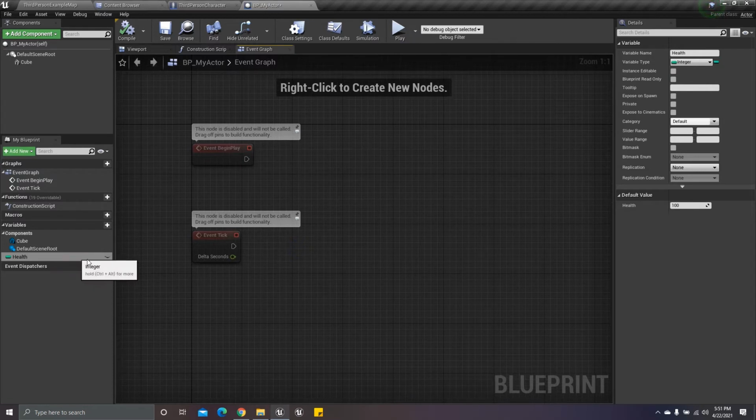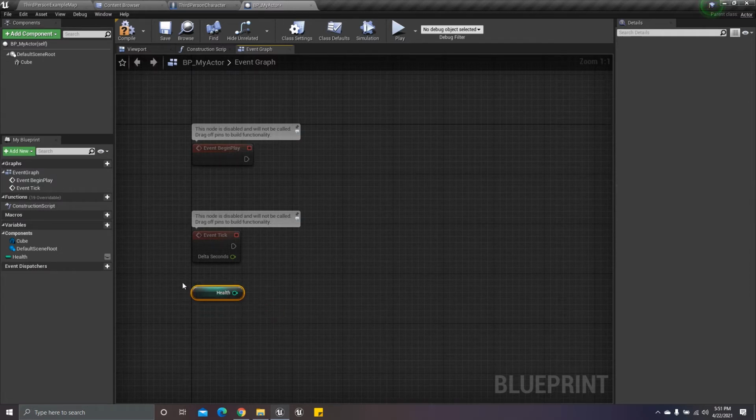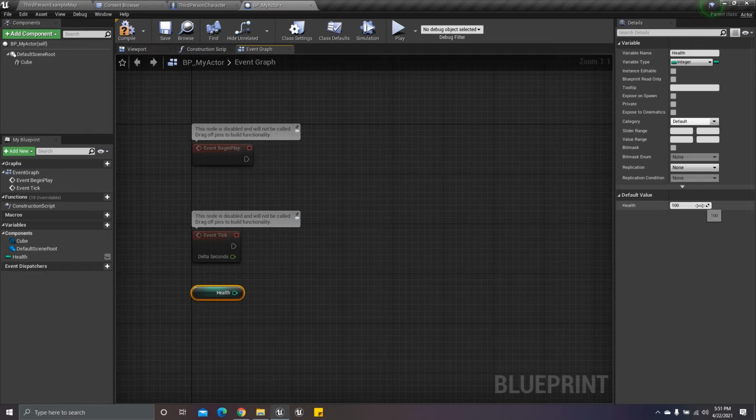Whenever I call this health variable into the blueprint, it will come here. So how do we add it into the event graph? Just click, drag and drop, release, then select get health. It will give you this node, which is our health variable, and it holds the data of 100.